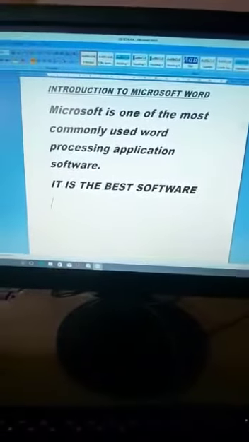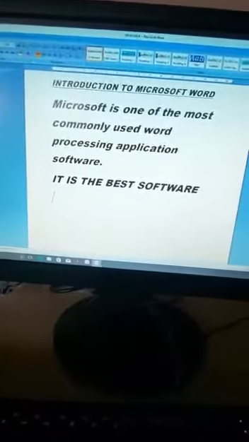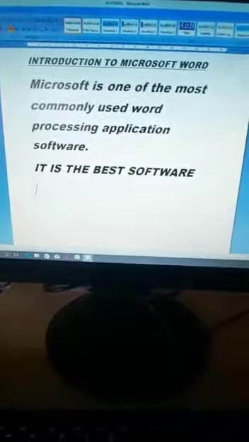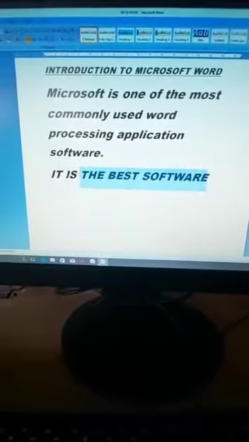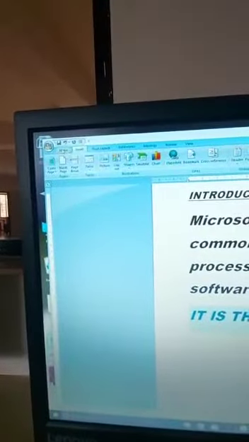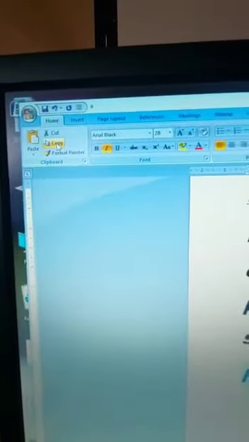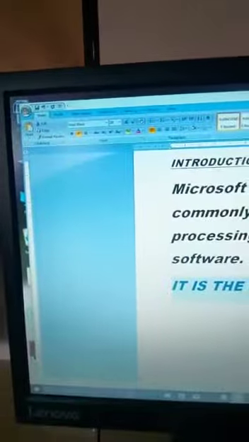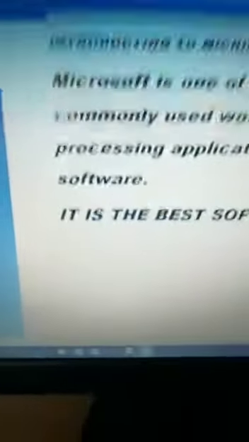Children, next let us learn how to copy the text. So what you'll do, you know how to select. So this text I want to copy. So I'll select this much. Then what I'll do, I'll go to home. Press on home. So you have an option here. So what? Copy. Then what you'll do, you'll place the cursor here down wherever you want to copy.